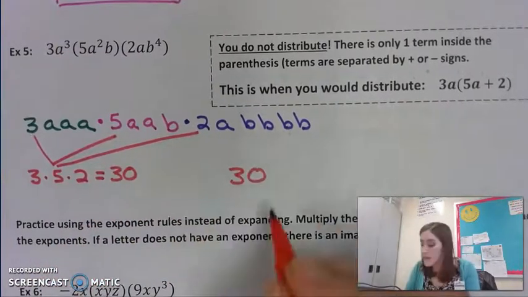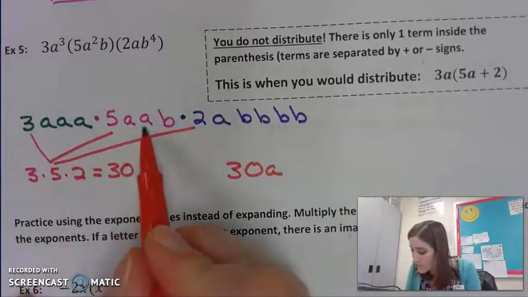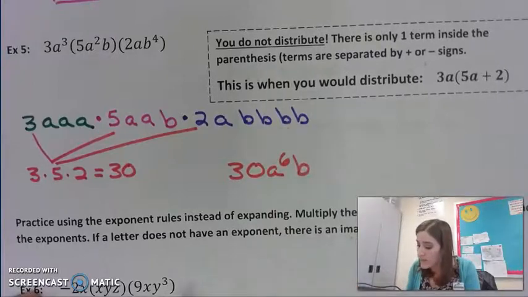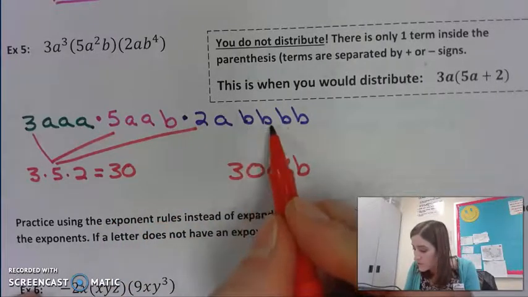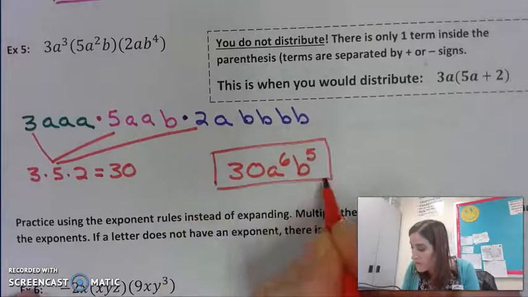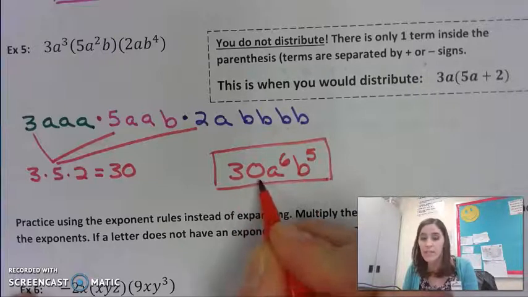All right, so now I'm going to add up how many a's I have. I've got 1, 2, 3, 4, 5, 6, so a to the 6th power. And for my b's, I've got 1, 2, 3, 4, 5, so b to the 5th power. I only have one a written down and one b written down, and I only have one constant, so I'm